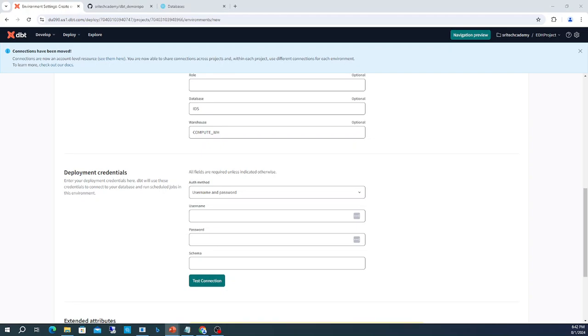The deployment credentials determine the credentials that should be used when connecting to your warehouse. For example, for Snowflake: auth method, username, password, schema, etc. It is recommended to use the key pair auth method for better security. It is recommended that the data warehouse credentials be for a dedicated user or a service principal for production environment deployments. For the demo, I'm using my credentials,